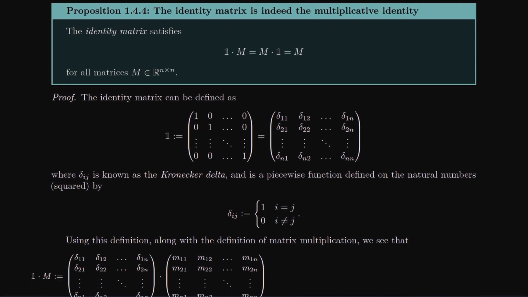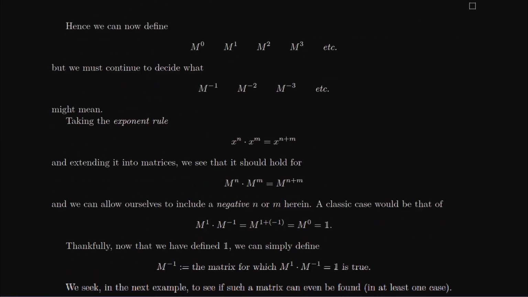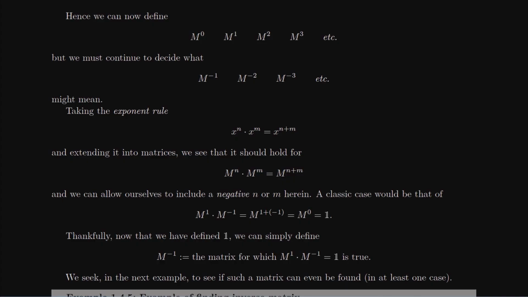Okay, so rather than you just looking at some examples, there is a proposition that states, yes, this has to be true, no matter which matrix I put on either side of the identity, I will always remain where I started. The proof is quite intense, because we have to follow the true definition of matrix multiplication, so the proof takes a little while. Okay, so now we've officially defined what M0 is, M0 being this identity matrix,